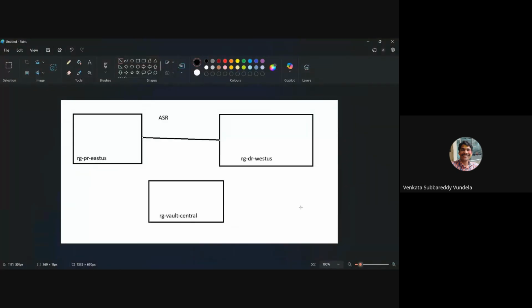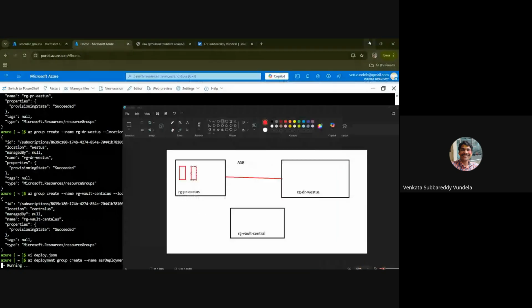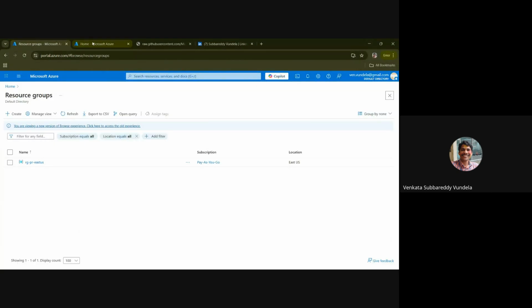Now, as we discussed, we are going to create two virtual machines in the primary region, and we'll be enabling the replication from primary to DR by using the vault, so we have to create the vault. While our infrastructure is getting ready, we can parallelly go ahead and create the vault in the GUI, so the landing zone gets ready.